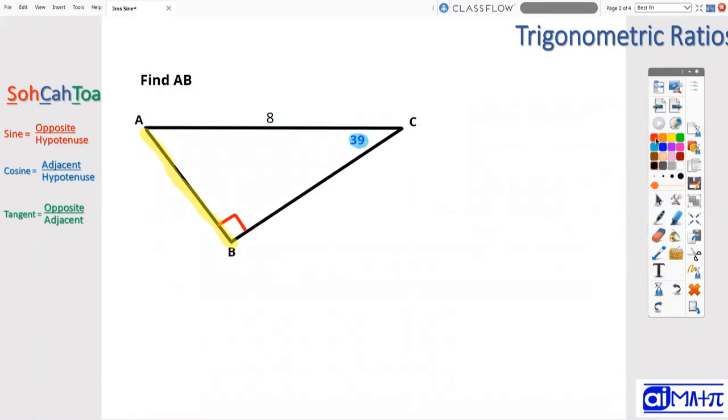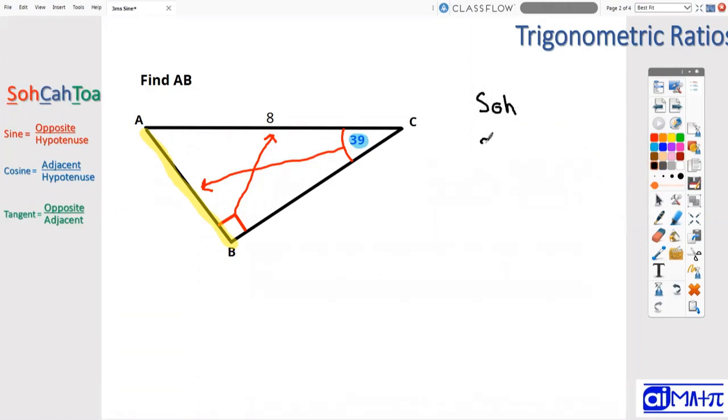The first thing I pay attention to is 39 degrees. And I notice the relationship between the side I'm being asked for and 39 degrees. They're directly across from each other, and we refer to that as opposite. And then the side that is labeled as 8 is across from the right angle, and we call that the hypotenuse. So I have the O and the H. And if I'm looking at SOHCAHTOA and I have the O and H, that means I'm going to use the